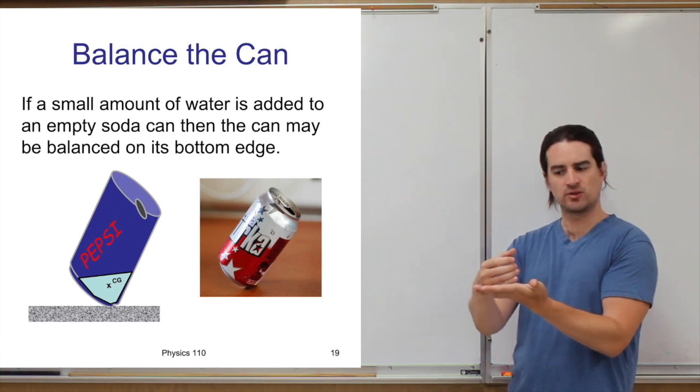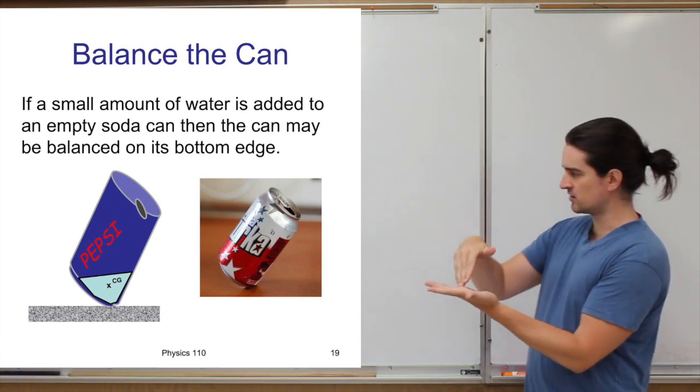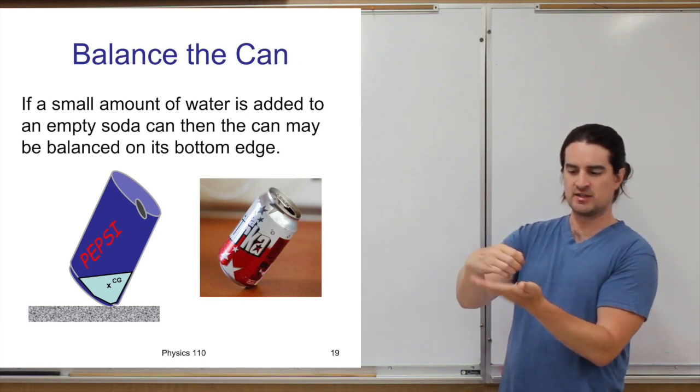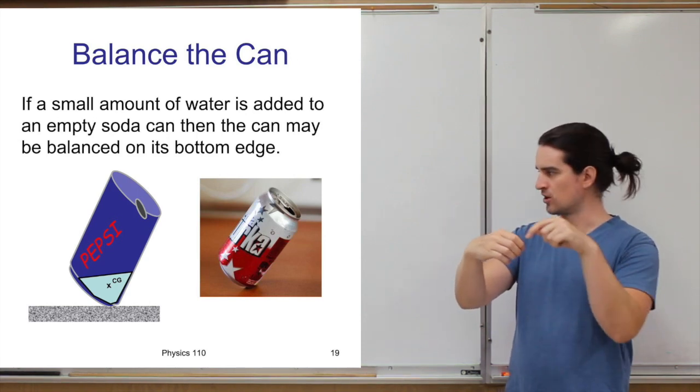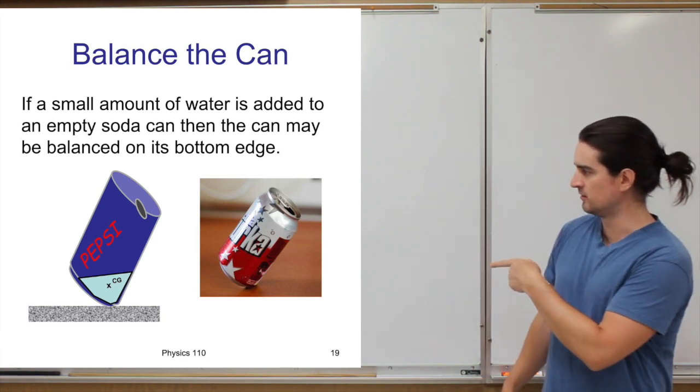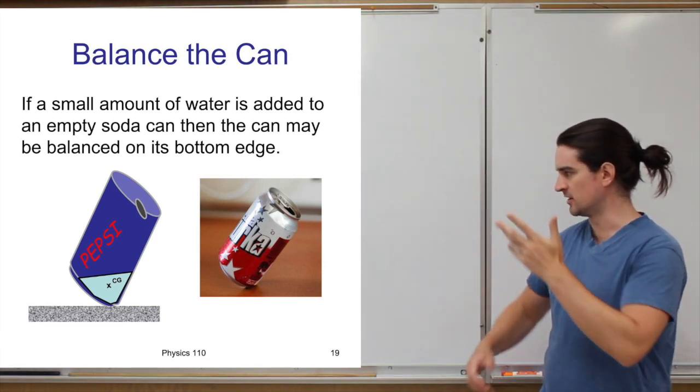If the can's still full, and you try to put it on the bottom rim of it, the center of mass is now no longer over the base, and it's going to fall over. What is kind of a little bit of a trick, or a party trick, whatever you want to call it,